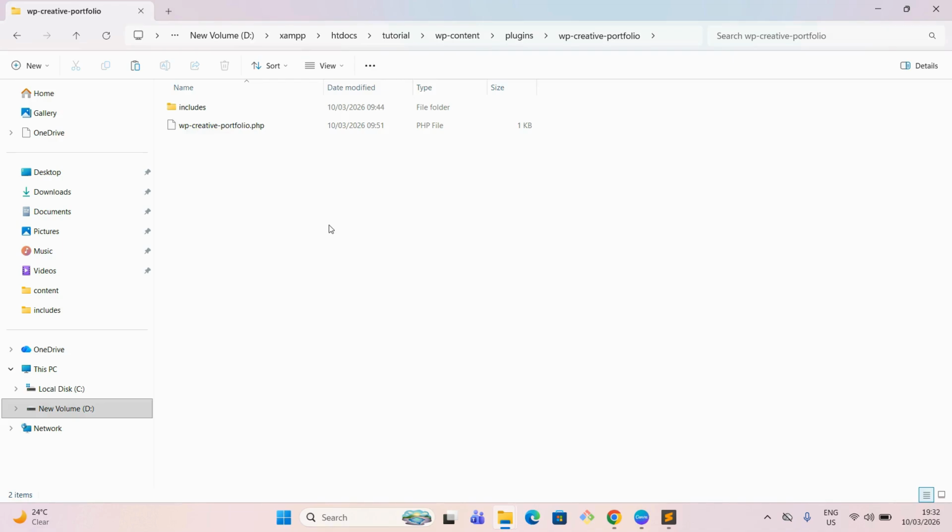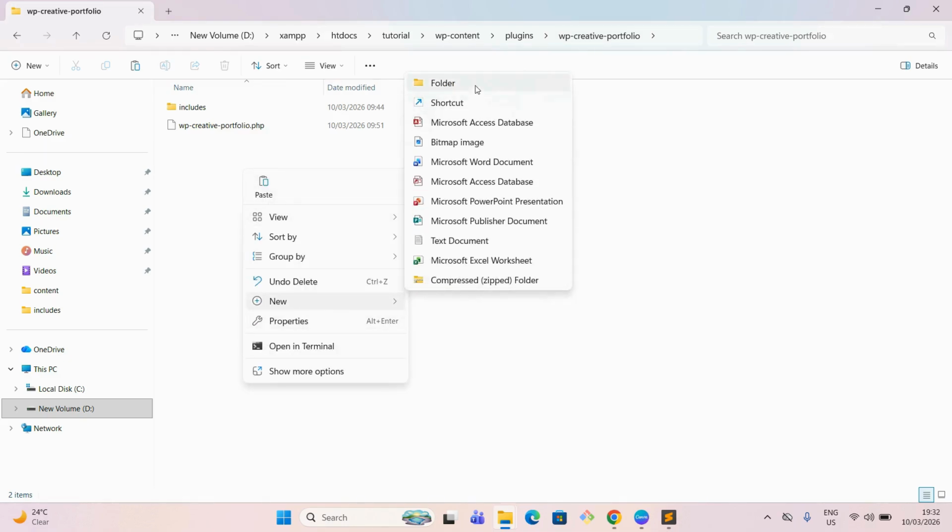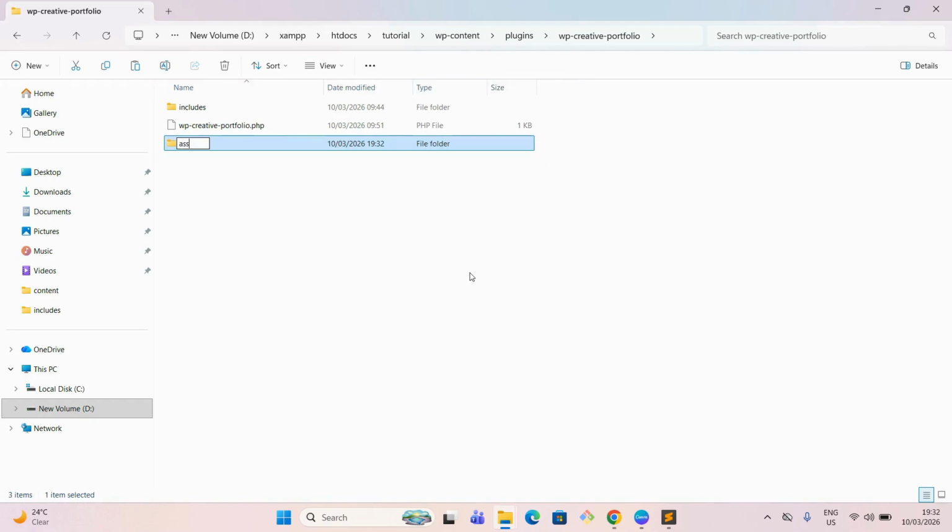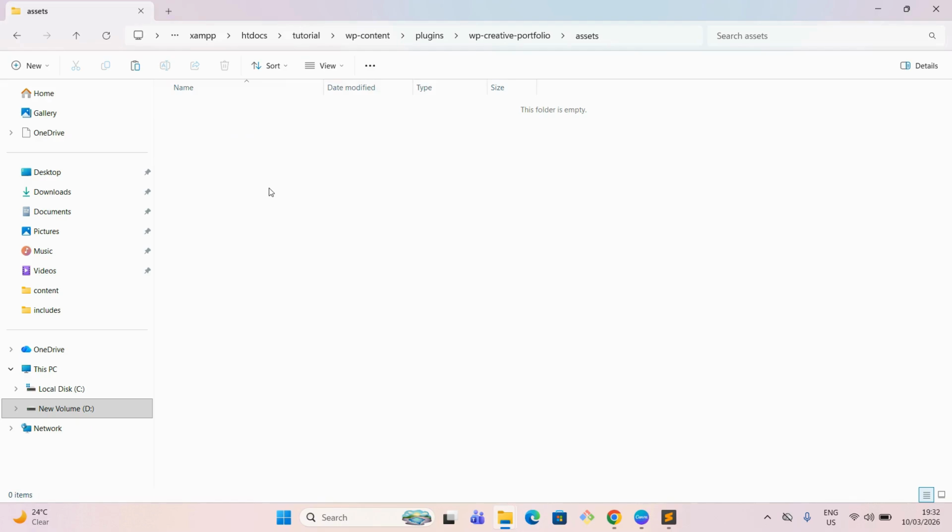So if you are developing on localhost or you are developing inside your live site, wherever you go, you have to go to your actual website under wp-content, plugins, your actual plugin, whatever name you give it, you have to create your new folder. So I am giving this folder the name assets. Okay, so that's a standard way, and here I will be pasting my files